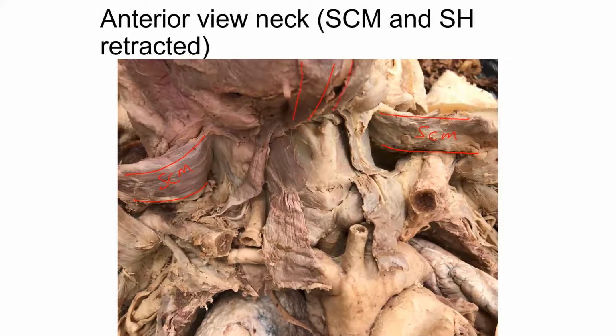So I'm flipping sternohyoid, that longer one that covers all of them. And then we can see omohyoid much clearer. We can see sternothyroid going up to the thyroid cartilage. And then last but not least, the shortest of all the muscles, thyrohyoid, which is right on top of